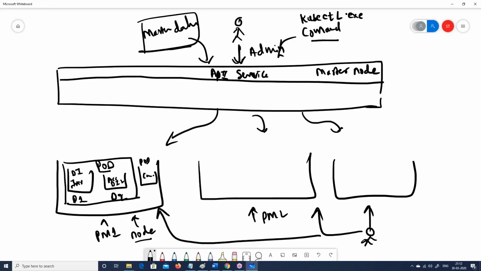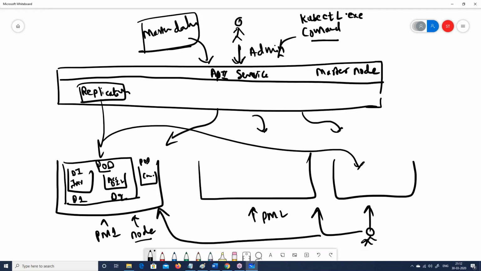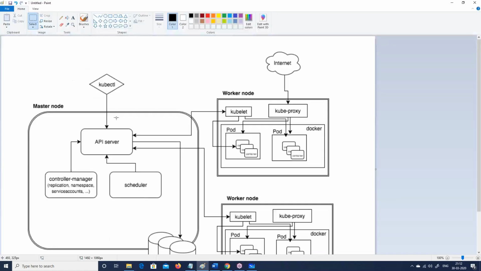Also, there is a replication out here. What is this replication? This replication is meant so that in case one of the pods goes down, it can copy this pod and replicate it into some other place, right? So the work of this replication is to create kind of a backup and to ensure that the service is always on, right? So that's the work of this replication, right?